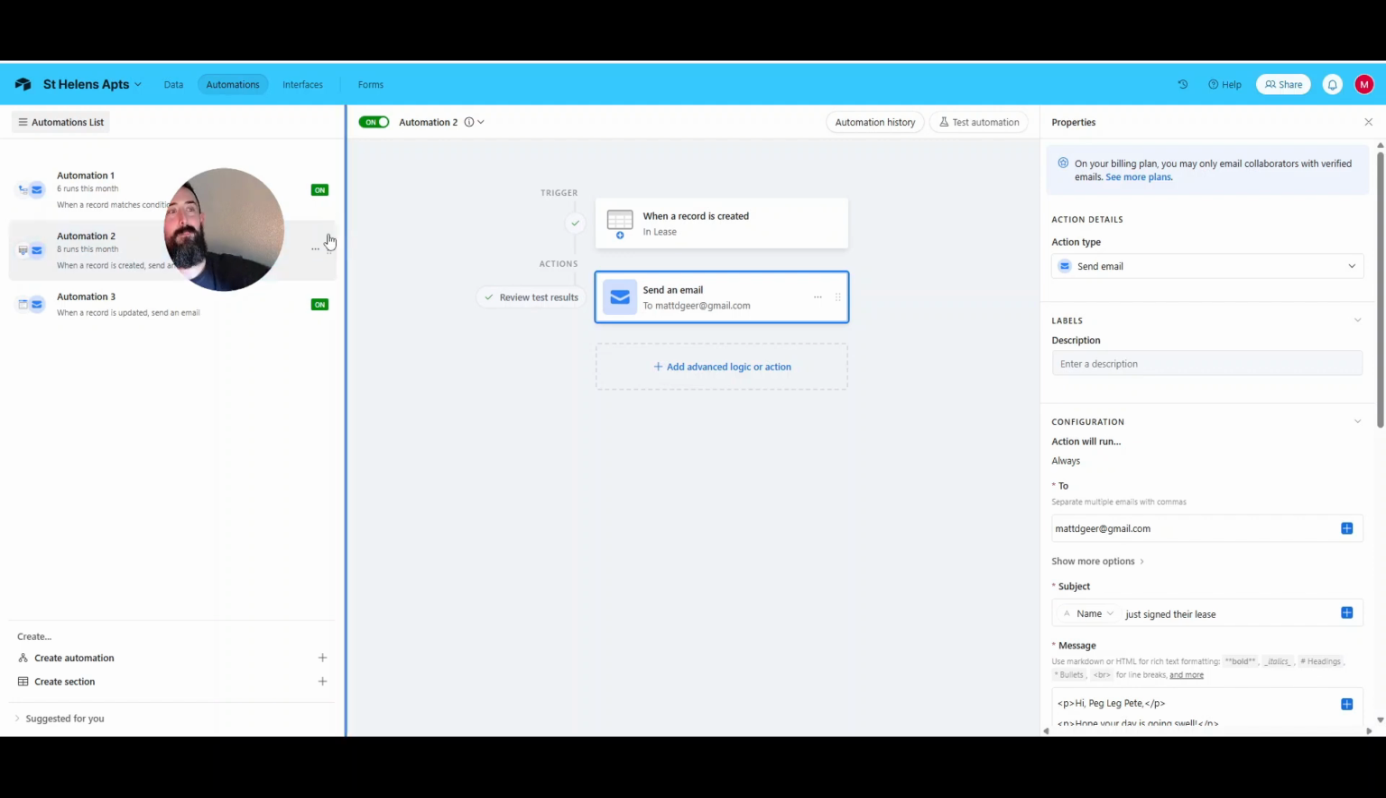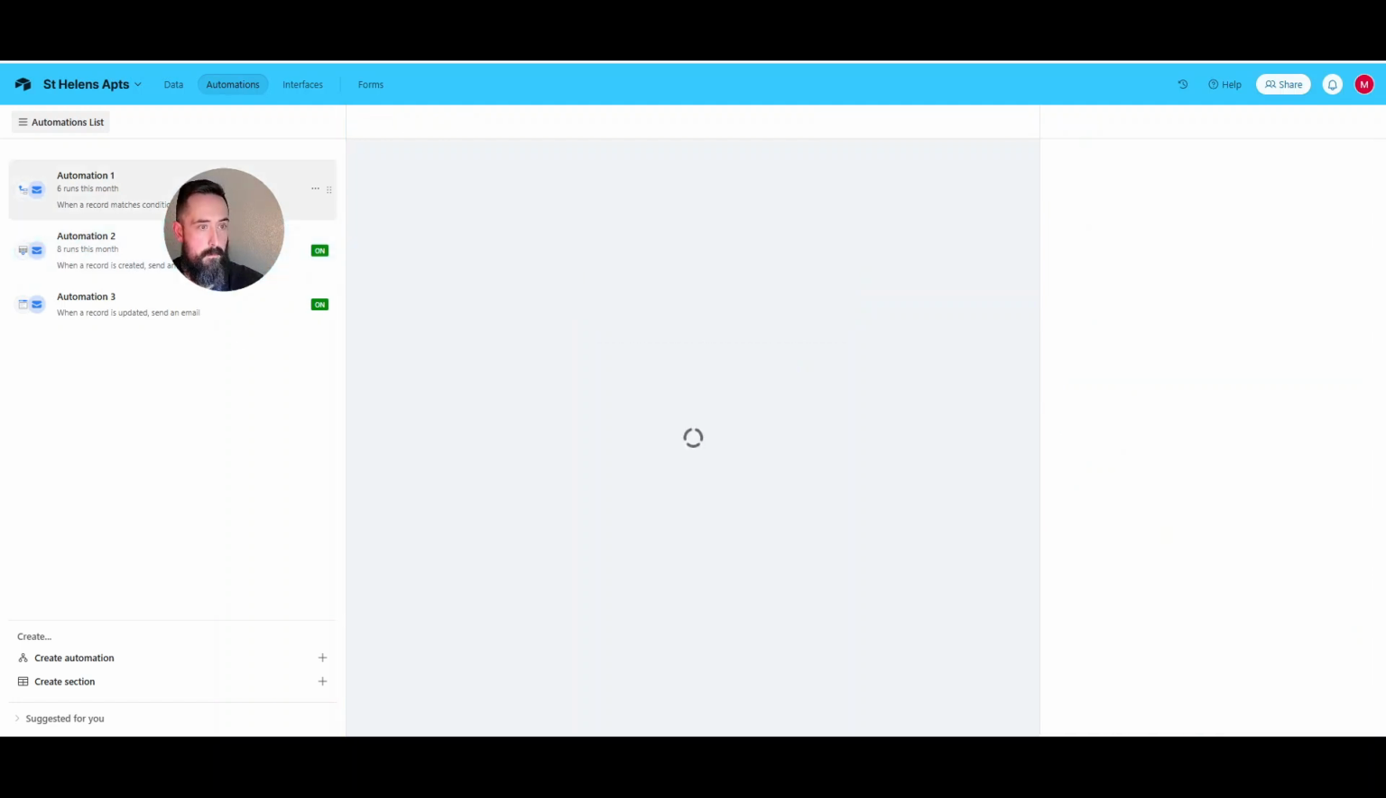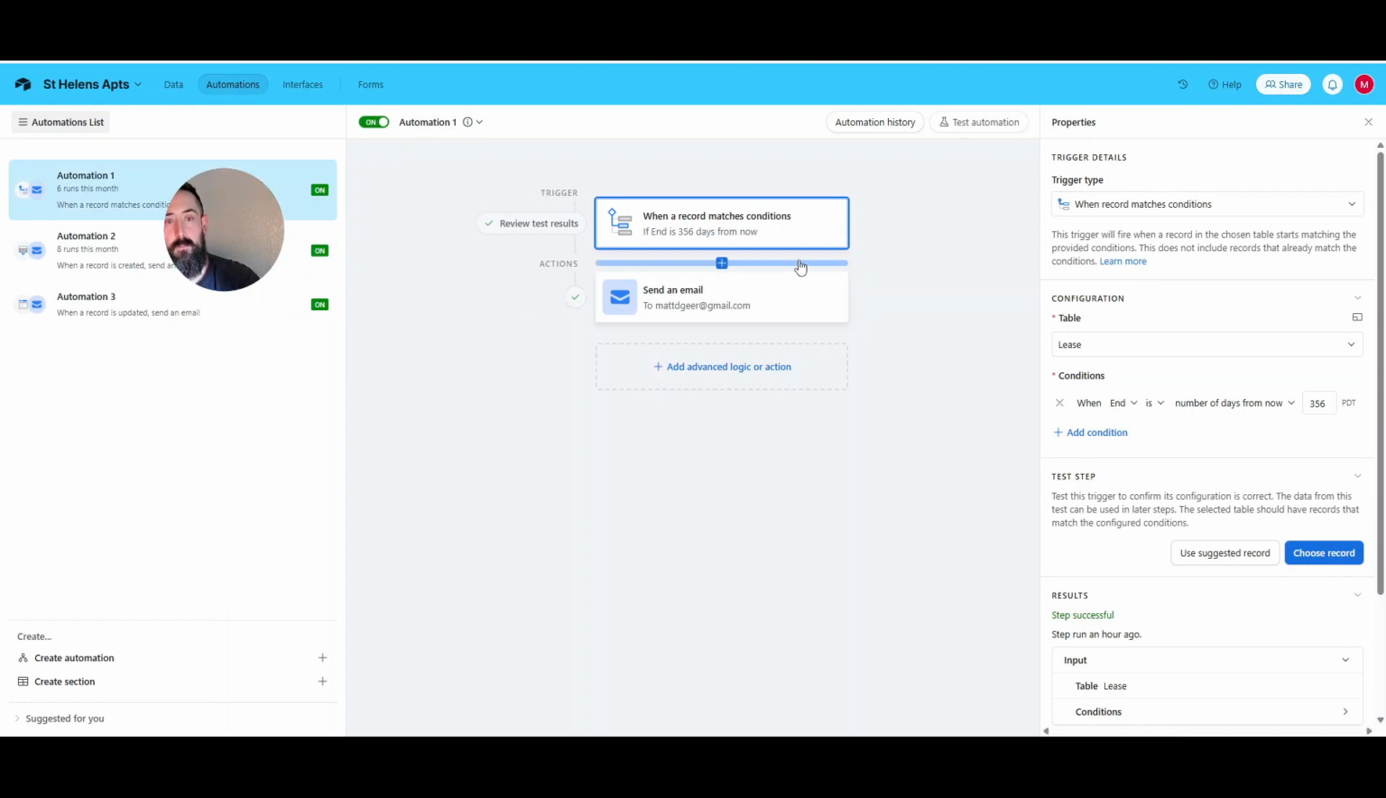Still not done yet though. The next thing that I have set up here is, let's check, I believe it's this one. I had this set up so that the email fired off as soon as the record is created, just so I can show you for the purpose of this tutorial. But the idea behind this automation was to send an email to the tenant at, say, 11 months into their lease, when they have about 1 month left, to let them know that their lease is almost up and